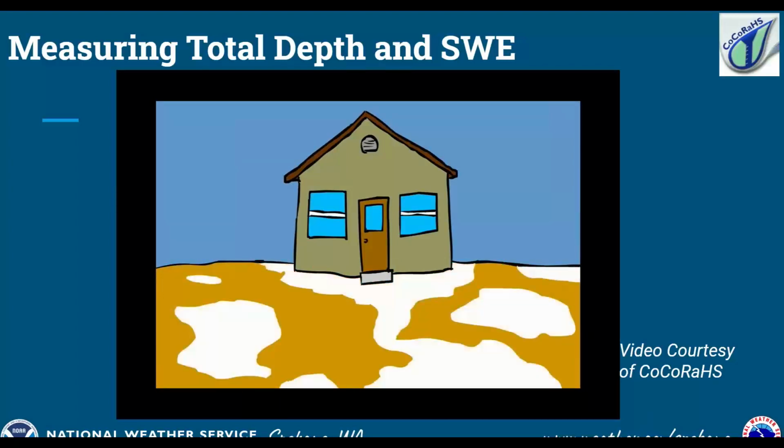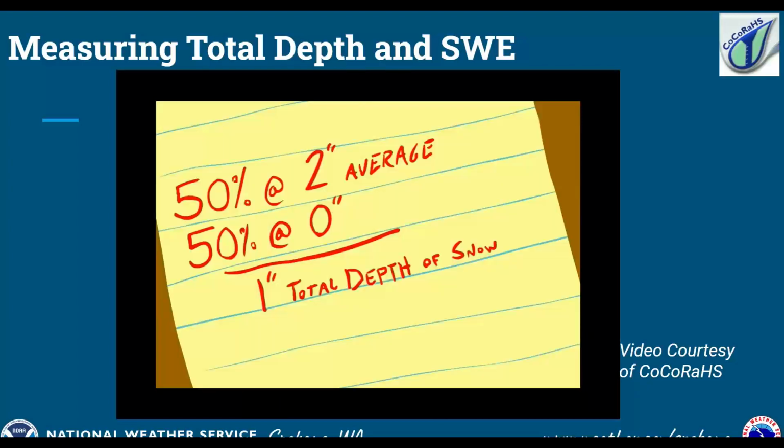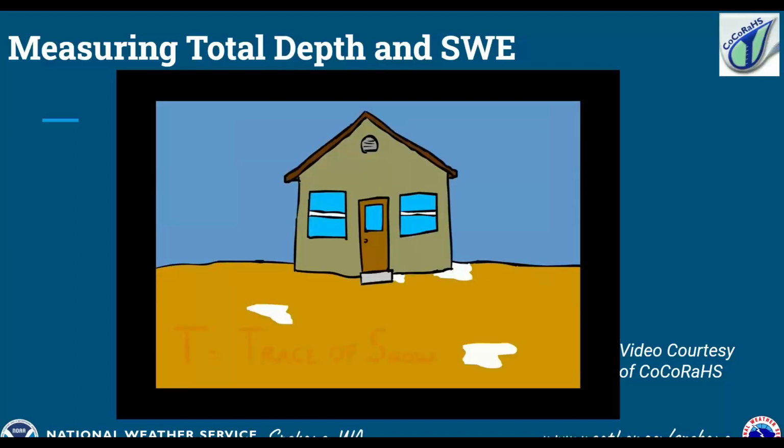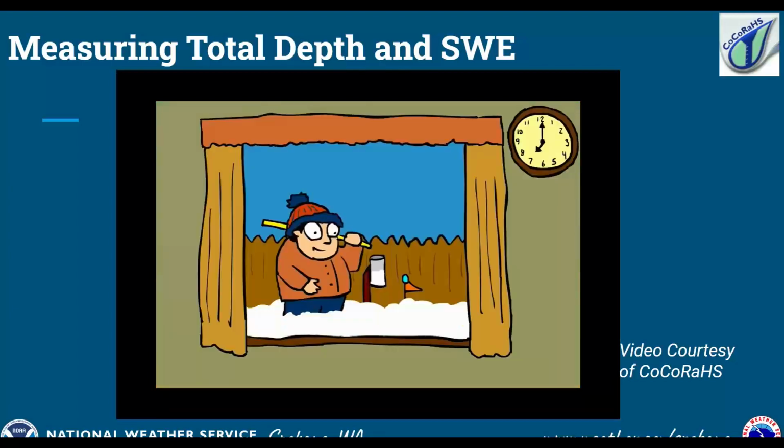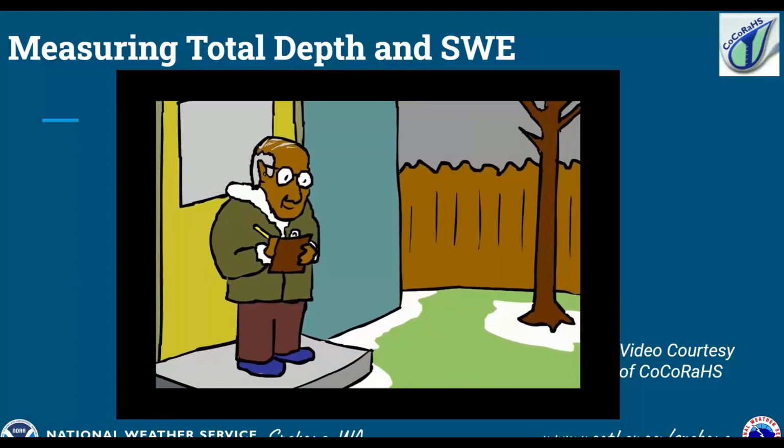And if there's areas that the snow is melted, you want to include that as well in your percentages. So let's say half of the snow is gone, then we put that with our average so we can calculate how much is covered. And if it's less than an inch or a half of an inch, then it's a trace of snow that we can put for our snow depth.